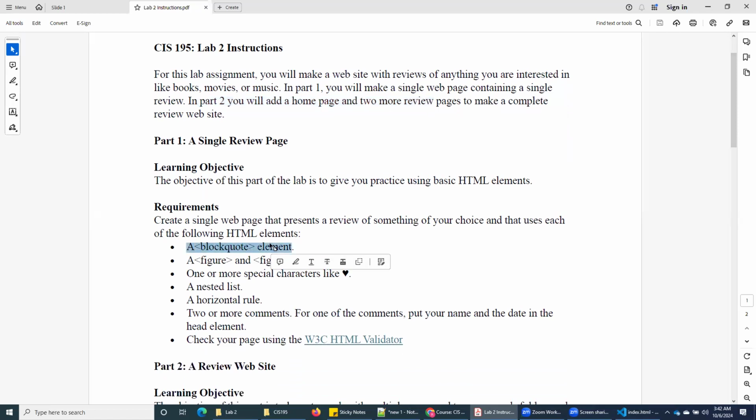block quote element. The first video in the week 2 lecture video talks about that, right? Talks about a figure and figcaption elements, talks about using special characters like hearts, talks about nesting lists, horizontal rules, and you need two or more comments. One of the comments should be the name and date